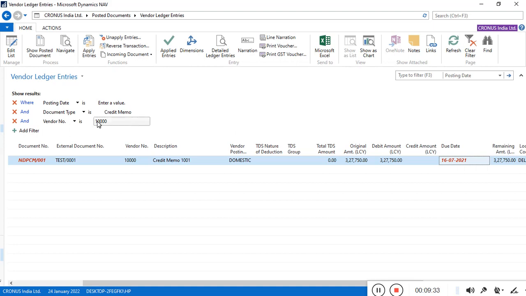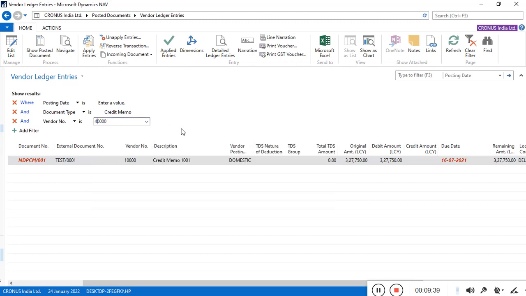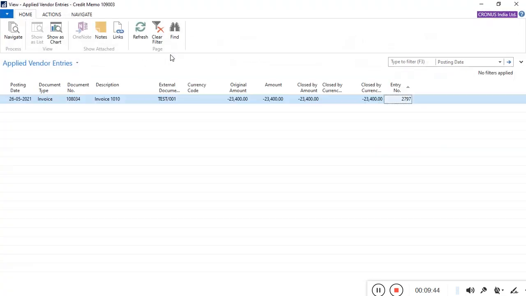So I need to check with another vendor, the vendor number 40,000 Lewis. So we can check with this vendor. See, the applied entries are available for this vendor, because at the time of posting the credit memo we have tagged the posted purchase invoice reference. So this is the posted purchase invoice reference which has been involved with my posted purchase credit memo. So this is the way you can check